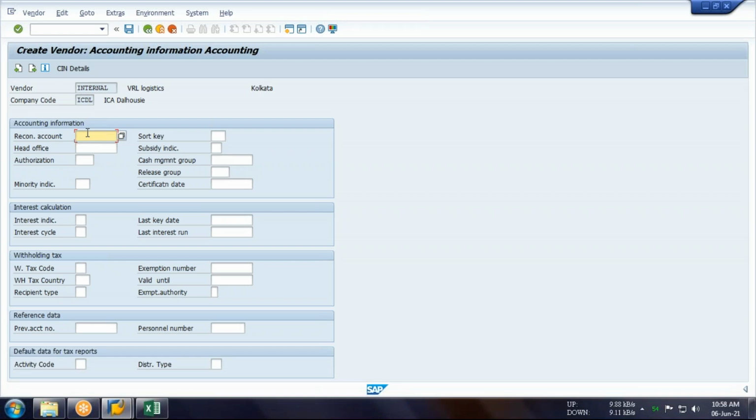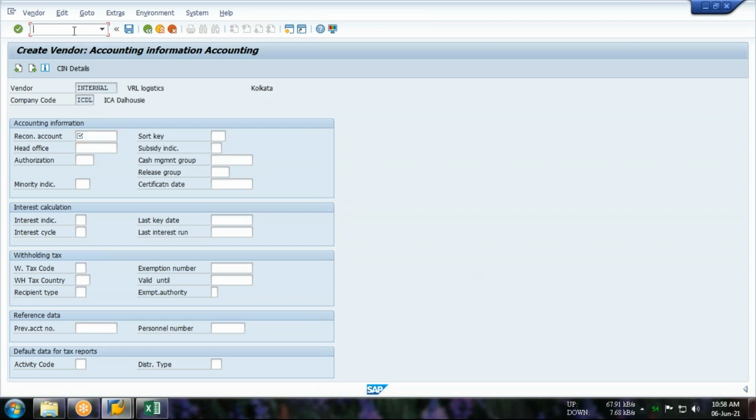So vendor. We are configuring vendor. Vendor account? No, no, no. We are right now configuring the vendor. Guys, vendor GL. Reconciliation account is nothing but it's a vendor GL. Do you remember? You have to create the vendor GL. And at the time of configuration of vendor GL, there is an option called reconciliation.